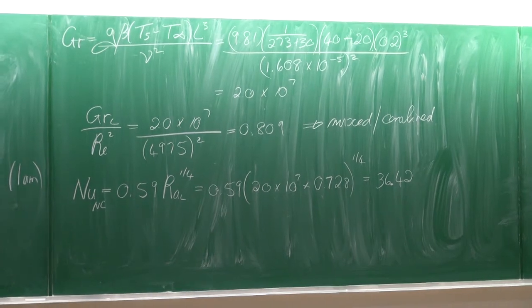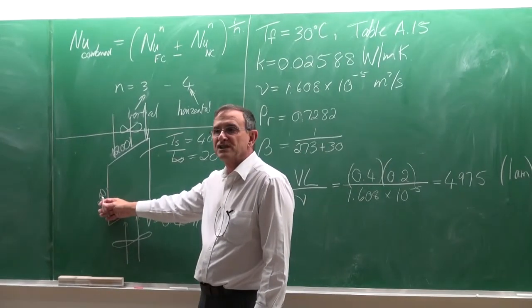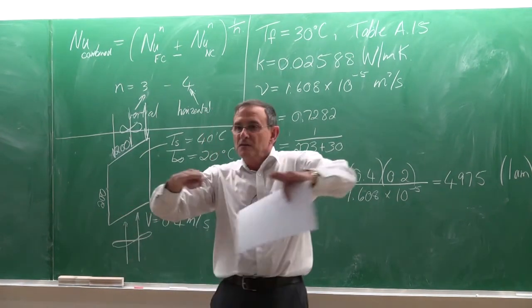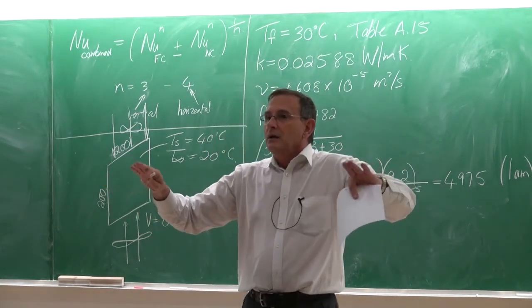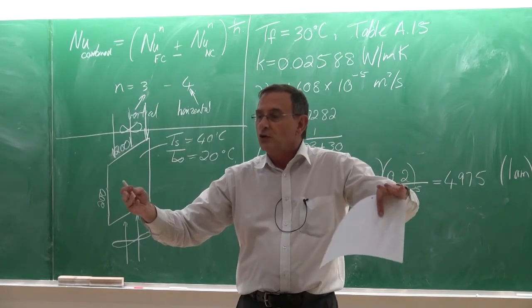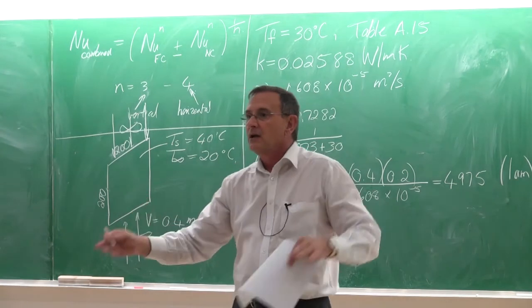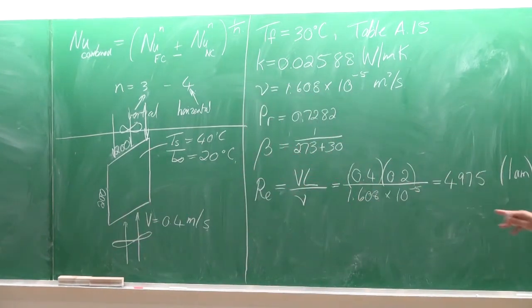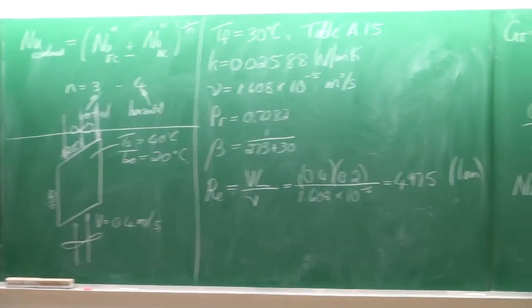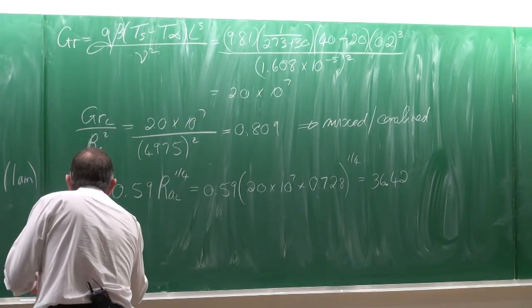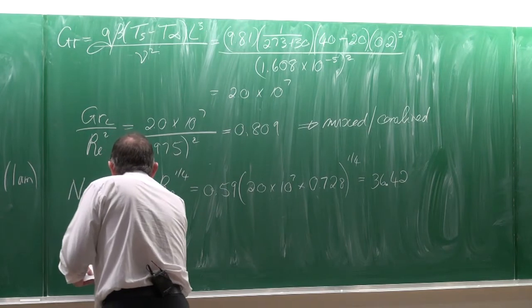For that, you have to go back to the chapter, I think chapter 7, on external forced convection, where we did the flat plate. Now, for the flat plate, there are several equations. Again, what is important is to look at the Reynolds number. In this case, the Reynolds number is laminar. So if we go and select the equation, then the equation for forced convection is equal to